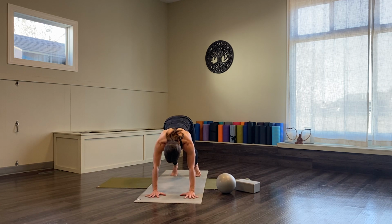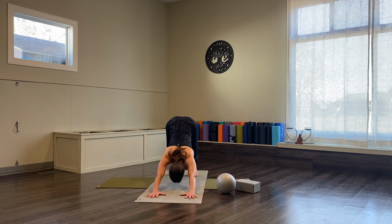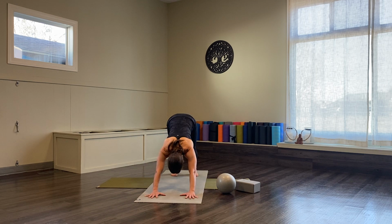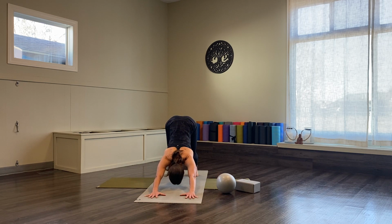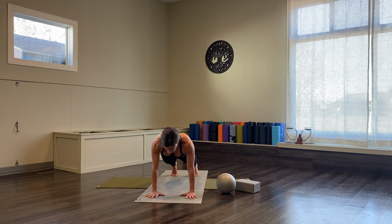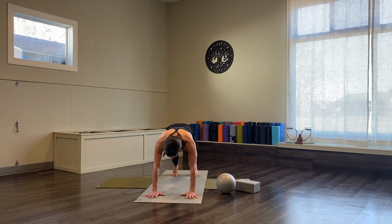Inhale here. Exhale, bend through your knees, send your hips back. Inhale, shift forward, find your plank. Exhale, shift back. Move yourself into a downward facing dog. You can keep those knees as bent as you want. Shift forward, find your plank. Inhale. Exhale,